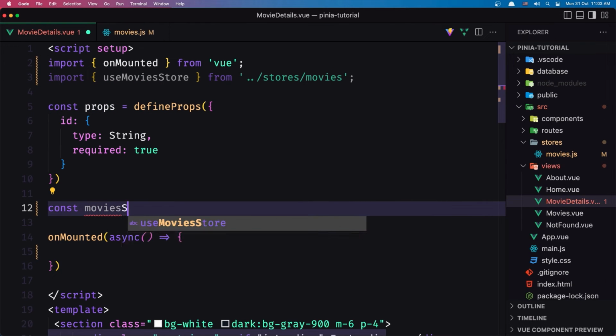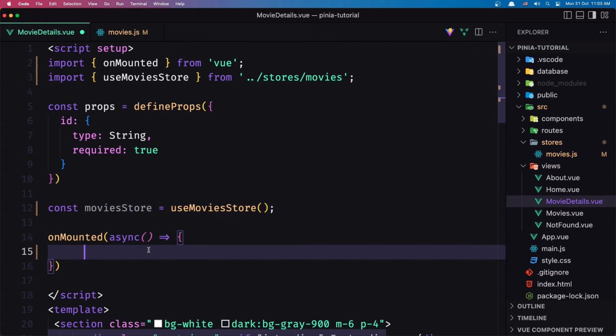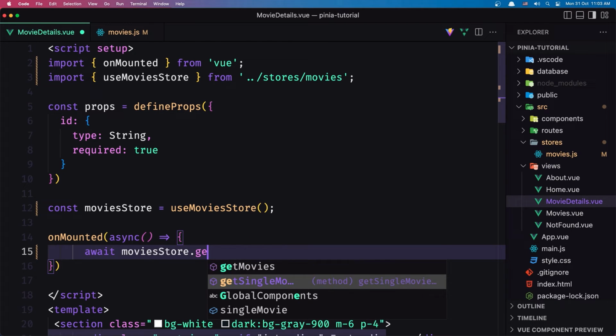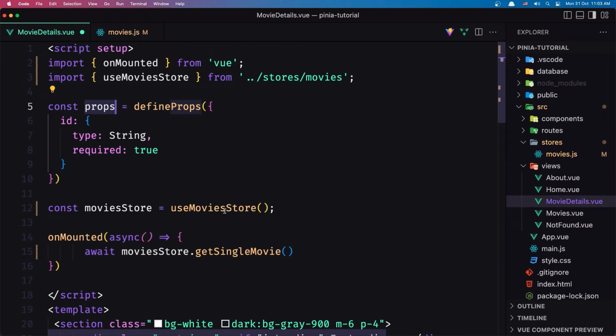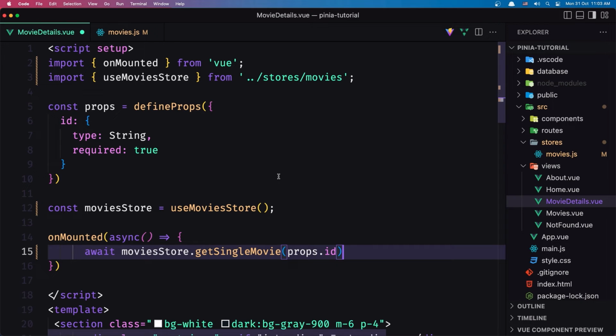Okay. And then I'm going to create a constant here, say moviesStore is going to be equal with the useMoviesStore. So we get the movie store object, and now here let's say await movieStore.getSingleMovie, and we need to add the ID, and we have that in the props here, as you can see, ID, and let's say props.id like this. And if I save now,